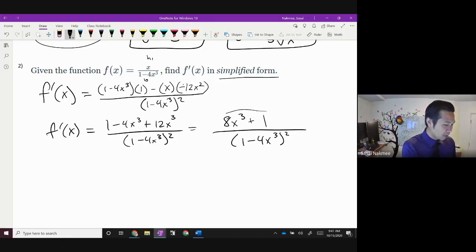This is a sum of cubes. You could factor that out, but I'm not going to bother factoring it out because I don't think that's going to match up with what I have in the denominator to cancel out. If you do remember the sum of cubes, this looks like it's 2 cubed times x cubed. So you could say it's 2x plus 1 cubed. So this would factor out to 2x plus 1 times